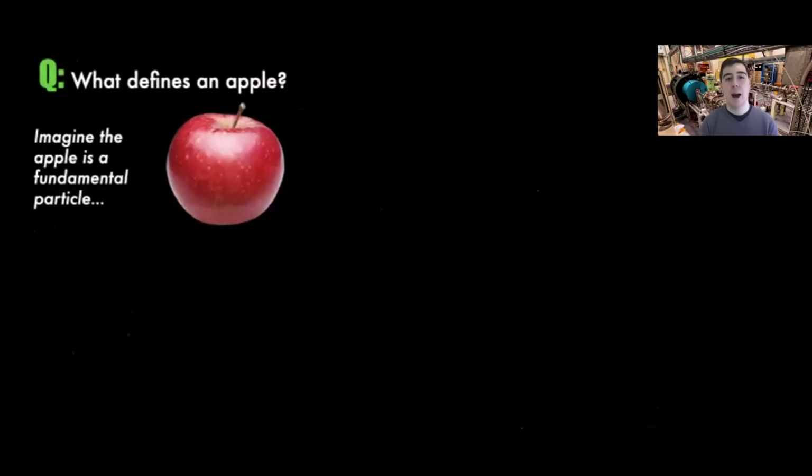Imagine that this apple is one of the fundamental particles, the very smallest things in our universe. What properties does it have? How would you describe it? What makes an apple an apple? So send me your ideas in the chat. How would you describe an apple? Red, fruit, awesome. A piece of matter, it is indeed. It's made of molecules. Colored, it's juicy. Awesome. This was my list.